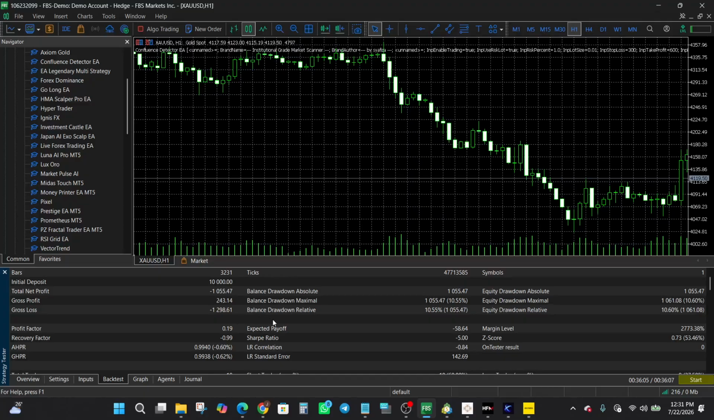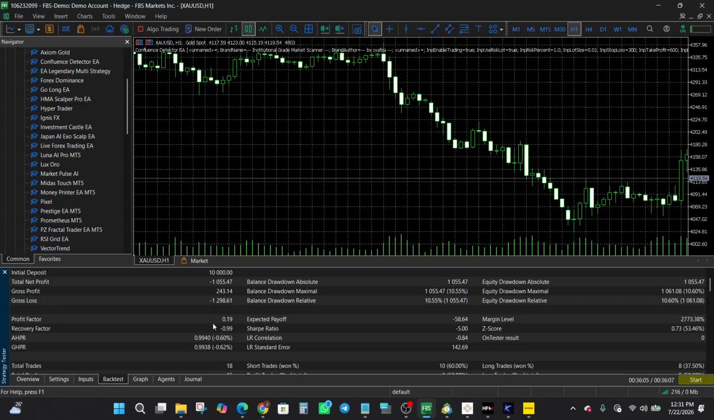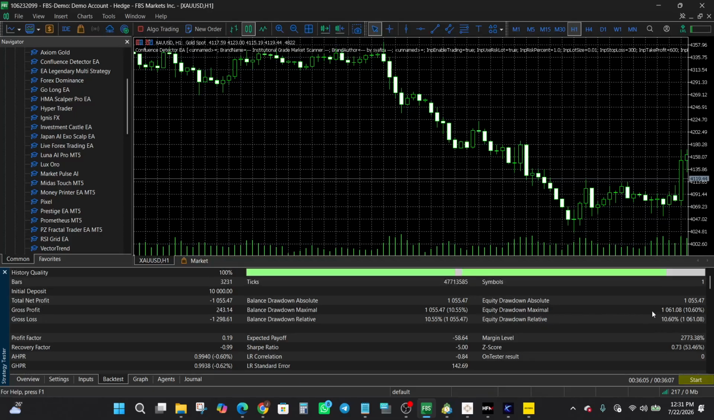So we can see that the profit factor was very low, 0.19. Of course, the gross loss was way bigger than the gross profit, so it's not surprising to see this profit factor. And then the drawdown was substantial. Equity drawdown was 10.6%. The balance drawdown maximal was